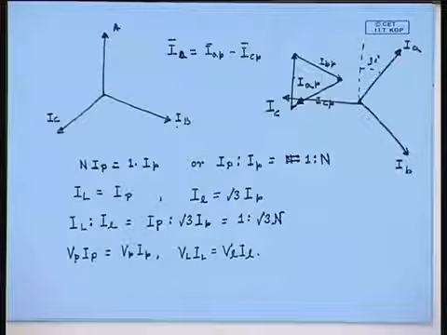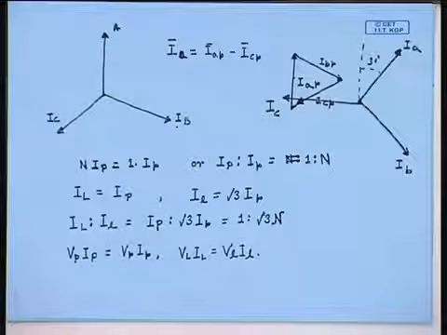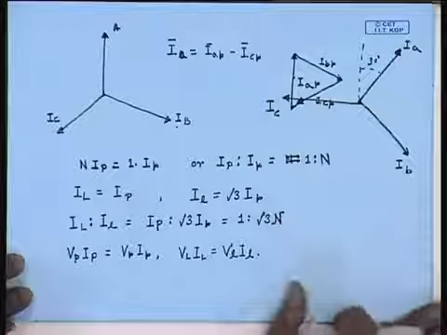This is because we have assumed the transformer to be ideal. Hence, we have seen that if the high voltage side of the 3-phase transformer is star connected and the low voltage side is delta connected, then in a nutshell we can write